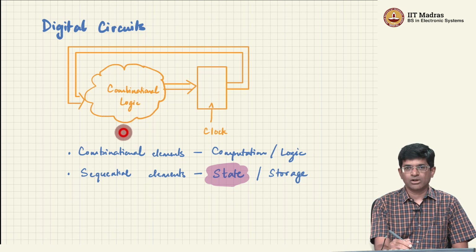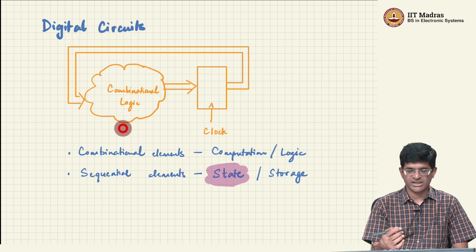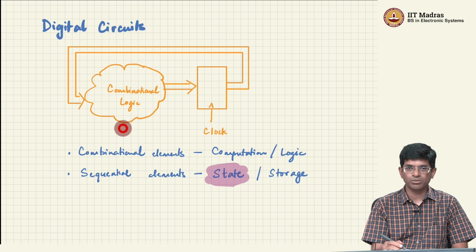Now the property of a combinational gate is that the output, which is either a 0 or a 1, it's a binary output or a Boolean output, is purely dependent on its inputs. It's just a combinational function of what the current inputs are. So if any one of the inputs changes, the output may or may not change, of course. So for example, if one of the inputs of an AND gate is 0, it doesn't matter what the other